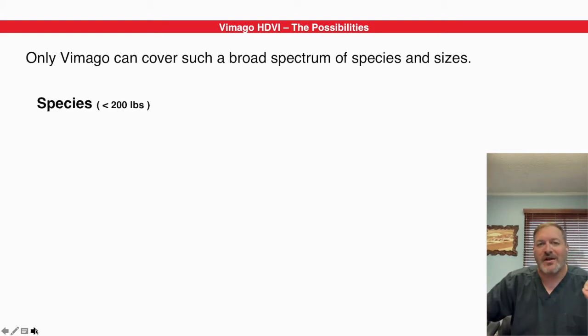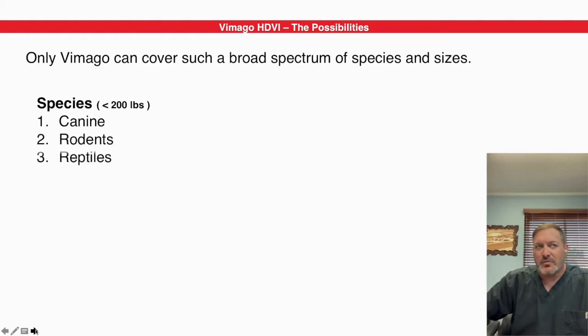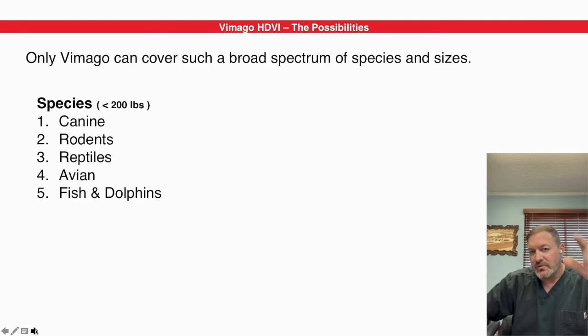Only Vimago can also cover this broad spectrum of species and sizes. So we're looking at canine, rodents, reptiles, avian, all sizes of avian, by the way. That's from a very tiny parakeet all the way up to a large raptor, such as an eagle or a falcon. Fish, as small as a skate, tiny little ray type